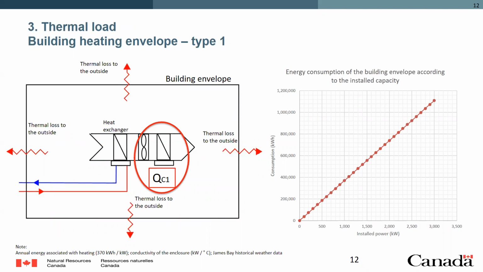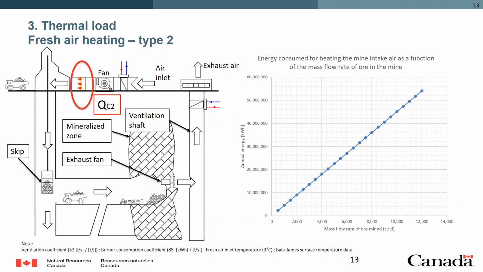On the load side now, basically the first one is your building envelope. All the heat that is lost by the walls and the roof of your building, you need to replace. And a way of doing that is bringing the heat from the source and providing it at the inlet of the system for heating the building as a preheating of the air, for example. And then you start bringing down the load as a result and generating the energy savings.